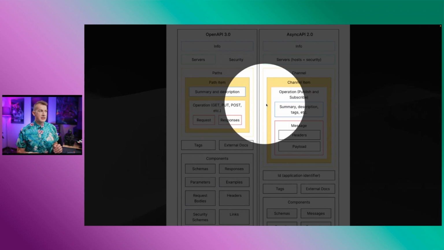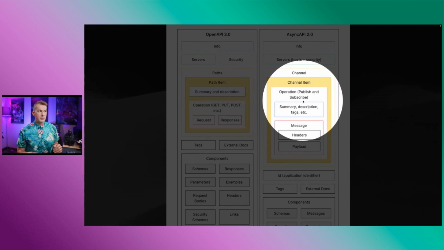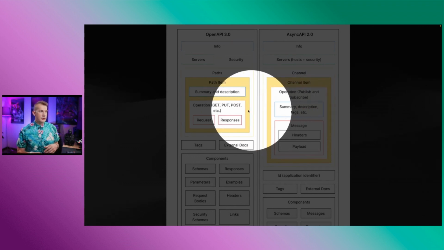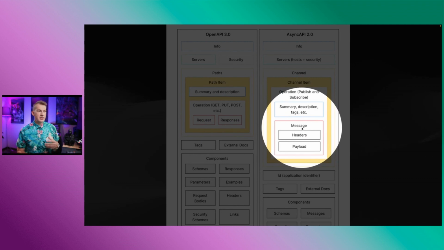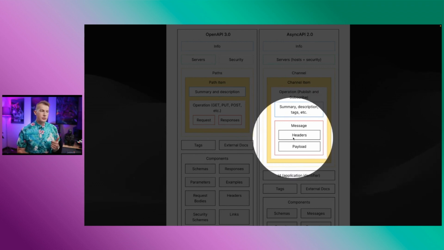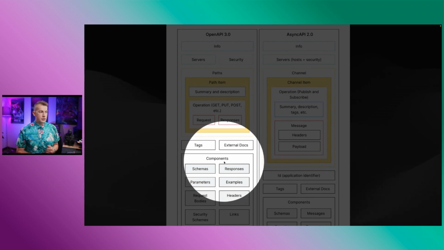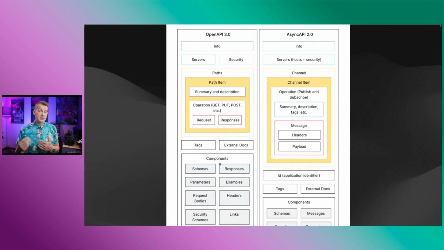But you can see there is a difference. In the OpenAPI spec you have a path, and in AsyncAPI you have a channel, where the data is coming from. So you have request-response here, but here you're talking with messages, and a message will include headers and a payload that allows you to do certain things with the system. And there are some other things you can also do. There's a schema for the different components, and there's also a schema available for